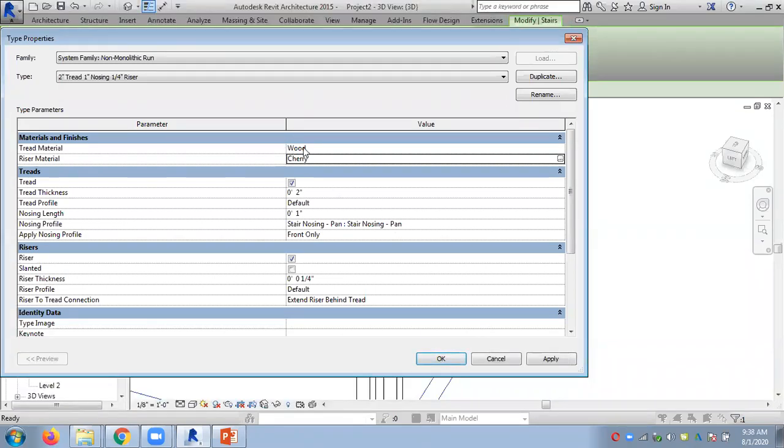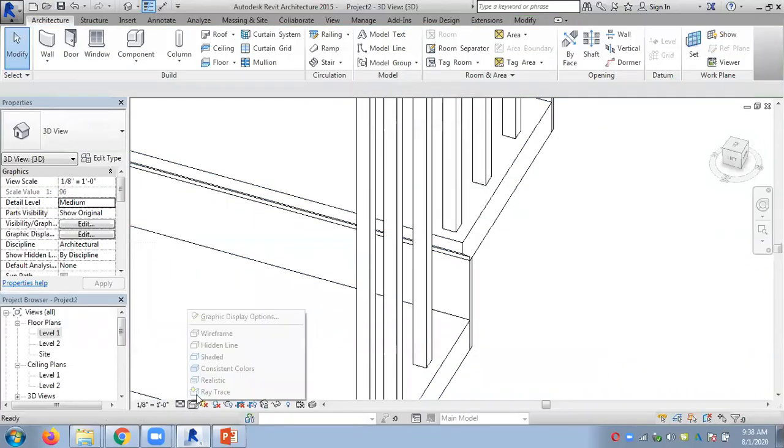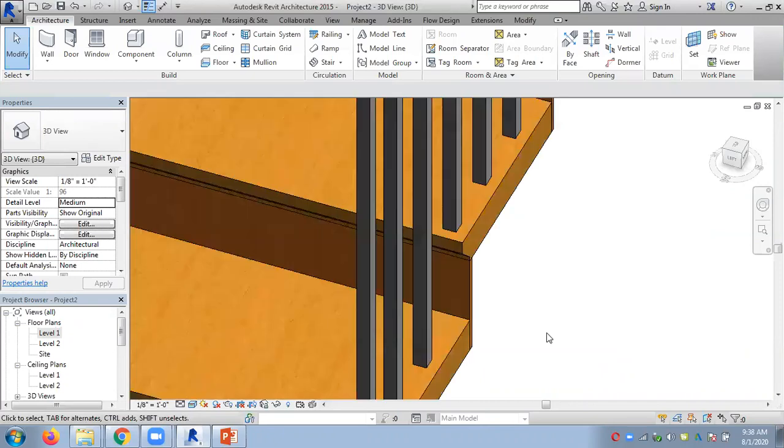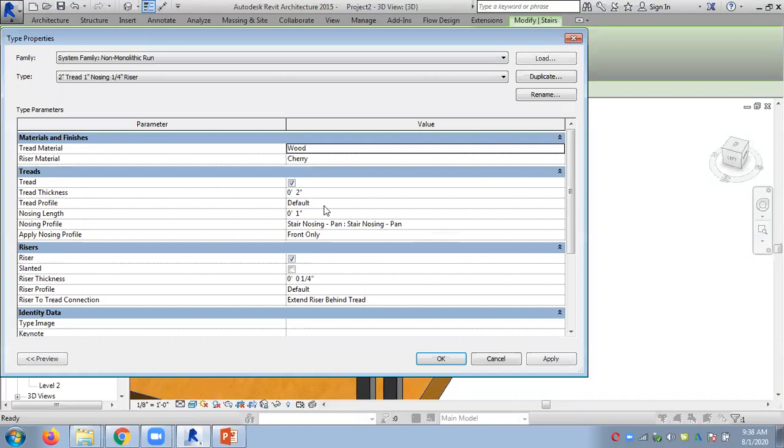Now I changed the tread to wood, riser to cherry. What is the immediate effect in the real colors? You can see the tread is in wood, and this is in cherry. So immediately we can do these changes. Just click here, go to edit type, go to this button, change the material and see.